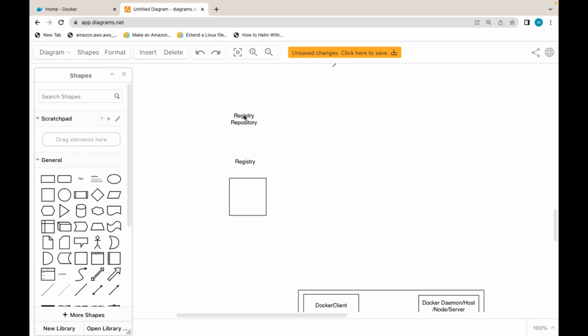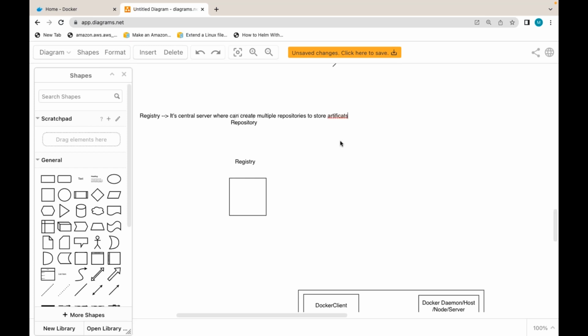What is registry? It's a central storage, a central server where we can create multiple repositories to store artifacts.